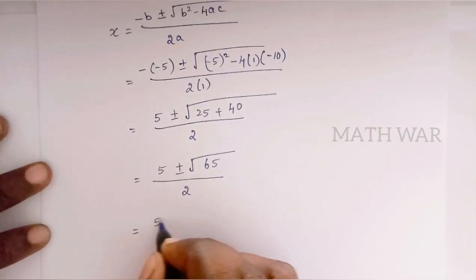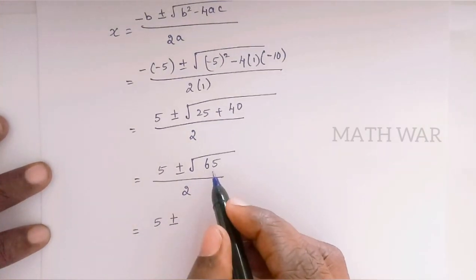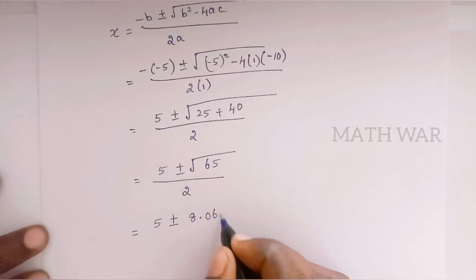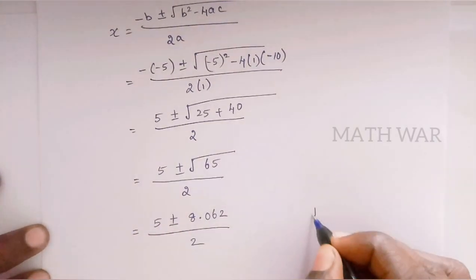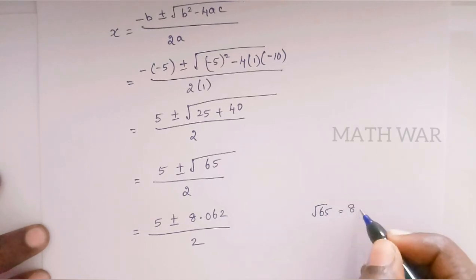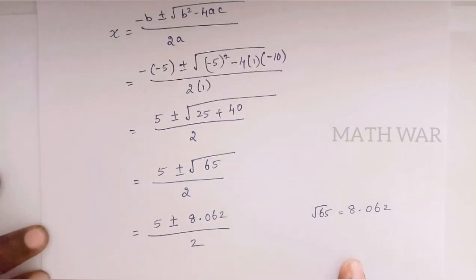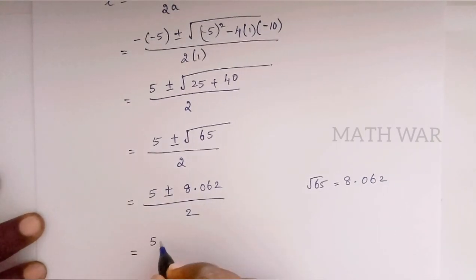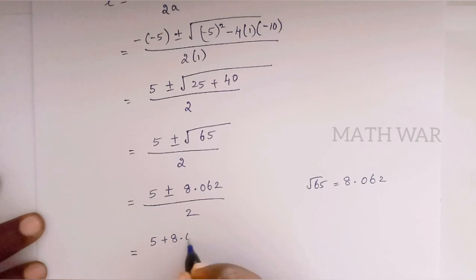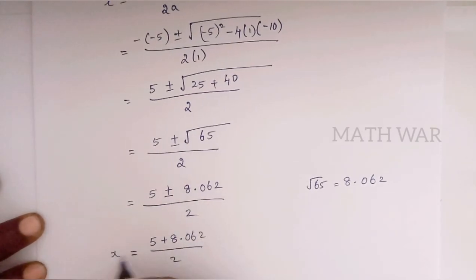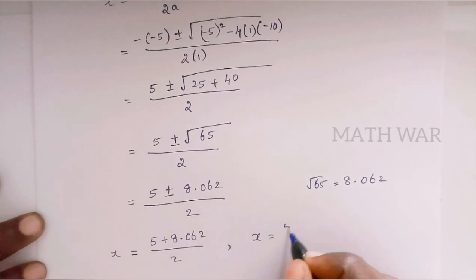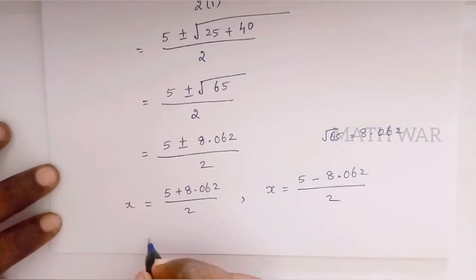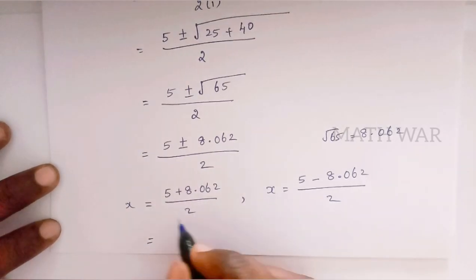That is equal to 5 plus or minus square root of 65 value. You are supposed to find it. So square root of 65 value is 8.062, divided by 2. This you should obtain either by using a logarithm book or by calculating yourself. Now two solutions we will get: x is equal to 5 plus 8.062 by 2, or another solution is x is equal to 5 minus 8.062 by 2. That is, 5 plus 8.062 is 5 plus 8 is